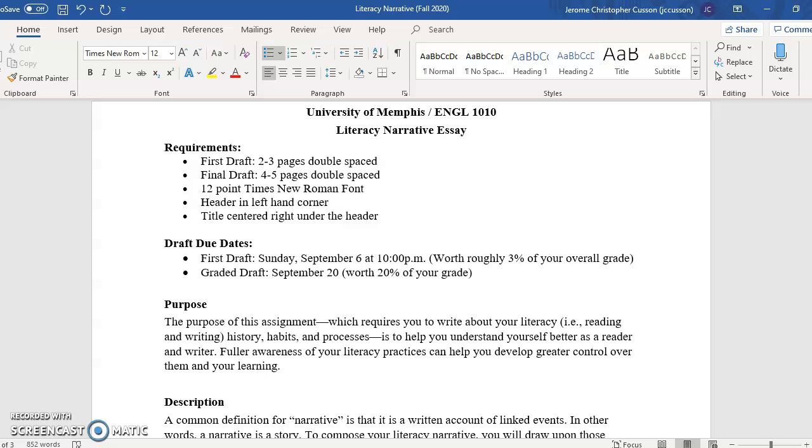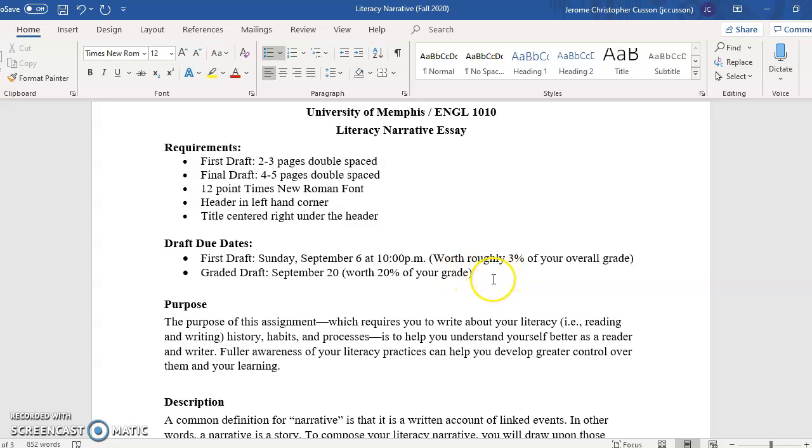Now, as I mentioned, the first drafts collectively are going to be worth about 10% of your overall score. Okay? When you separate it out, it's approximately 3%. The reason I point this out to you is for 2 reasons. Number one, I want you to understand that you are going to be graded on this essay, but it is also important for you to understand that it is not going to make or break you. You are going to have the opportunity to better the draft and create something that is a far greater percentage of your grade. So the graded draft of this essay is going to be worth about 20% of your grade.